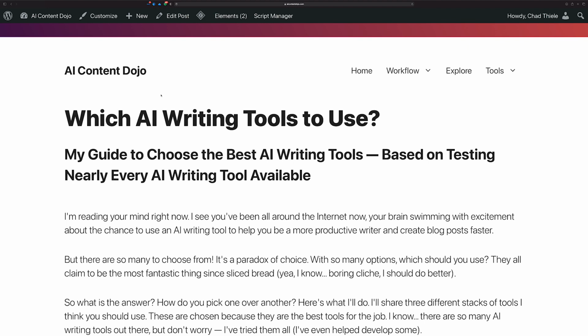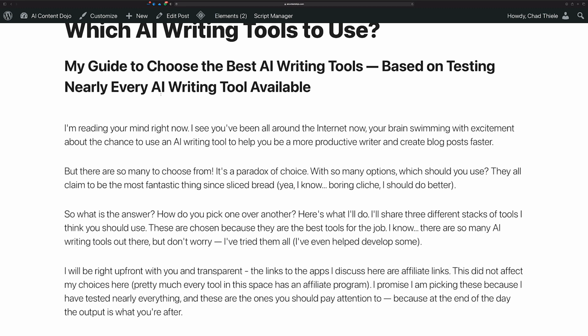And yeah, I'm basically trying to read your mind right now. I can imagine that you're in this moment where you've got that excitement, like you've heard about AI writing tools and all the really cool things that they can do for you, like complete your thoughts, act as a really cool AI assistant that's there to help give you ideas or to help you write faster, and you want to use them.